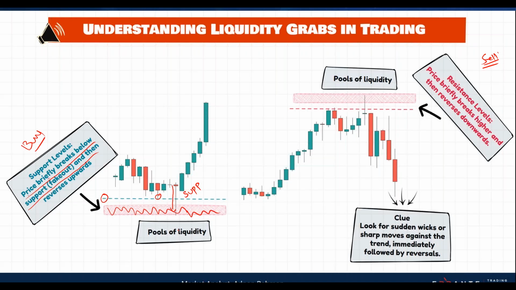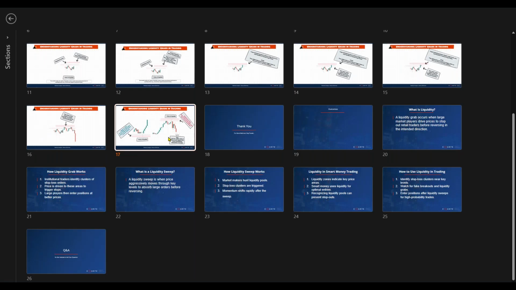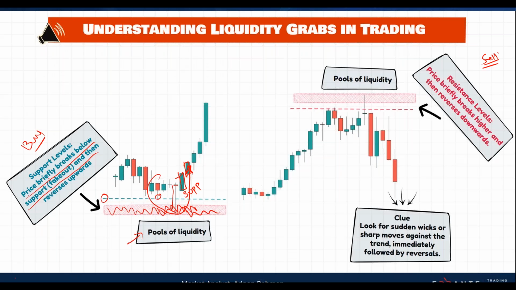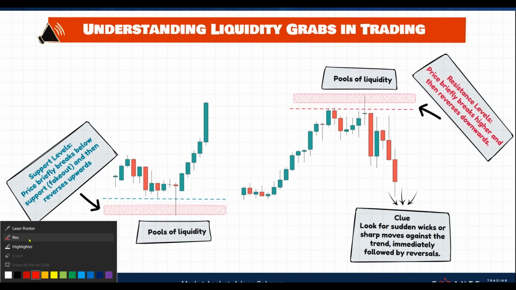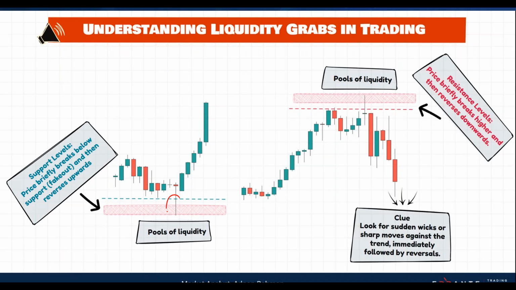Again, I told you this word is very important: pool of liquidity, or liquidity pool, or whatever you name it. In other words, massive orders. It hits these massive orders, and then it reverses back. So this whole concept, starting from here, coming over here and moving towards the upside, is your concept of grabbing. Let me show you. This process is known as grabbing, when all of this pool of liquidity has been grabbed.